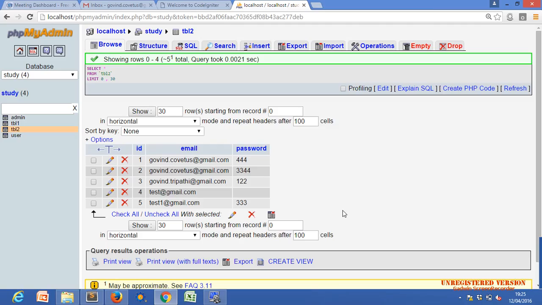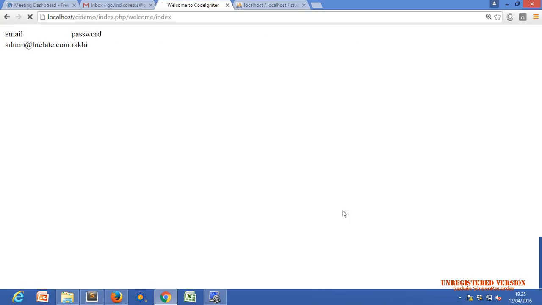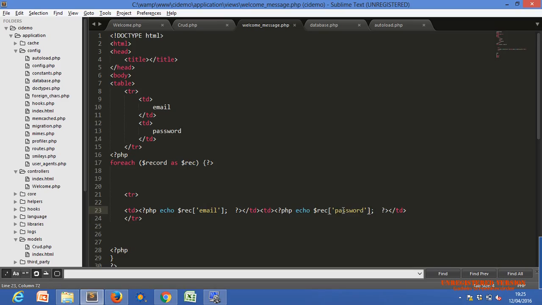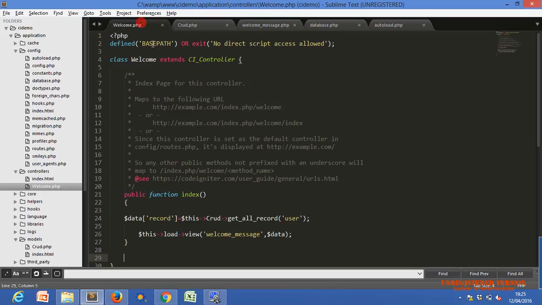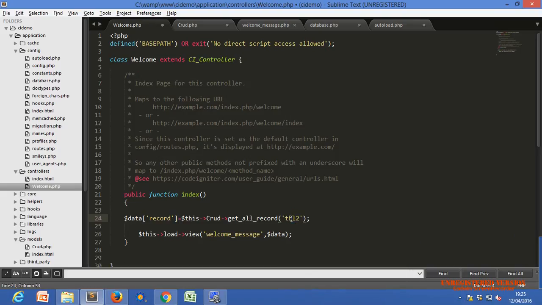There is the browser we have. Okay, I didn't change the table name. From where can we change the table name here? I'm using user, I just want to use TBL2.